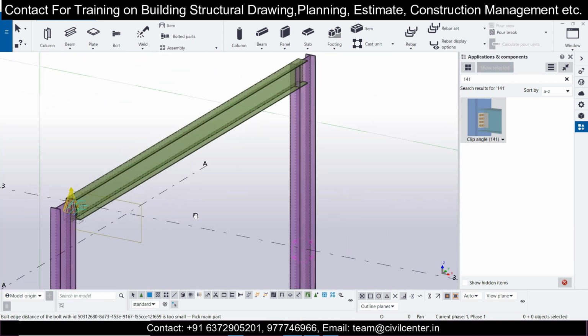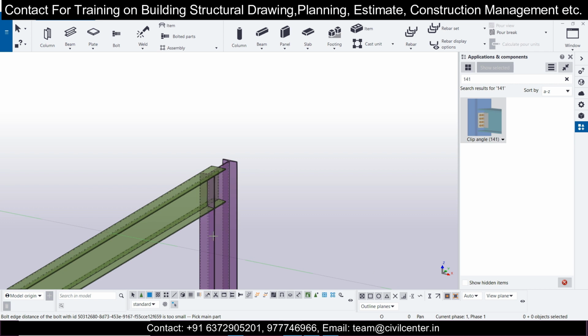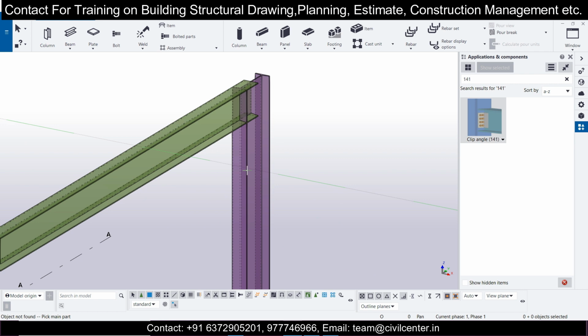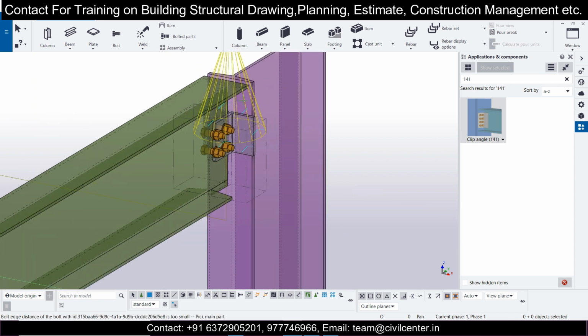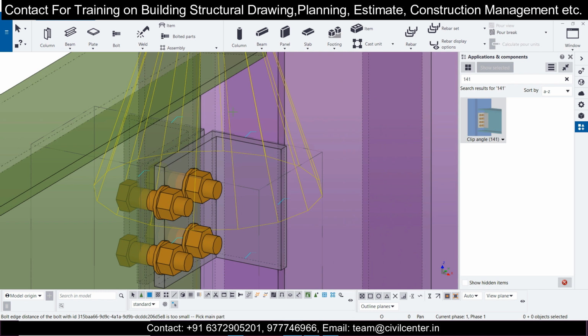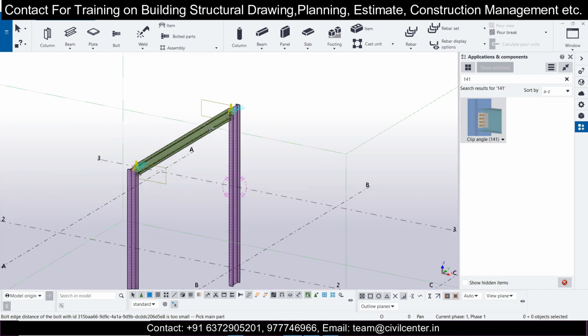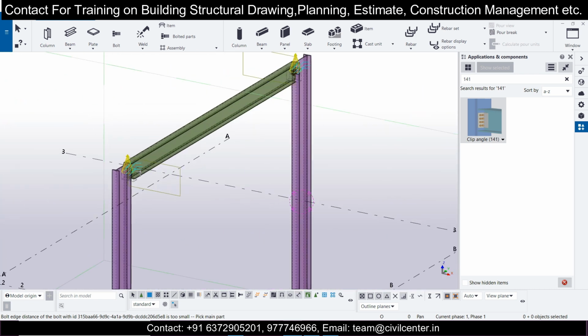Now you can apply the same here also. Let's first select the column, and after selecting the column, you can select the beams. So when you select the column and the beam, this plate has been applied. So when the plate has been applied, we can just simply right click and go to interrupt, and right click and then update window.